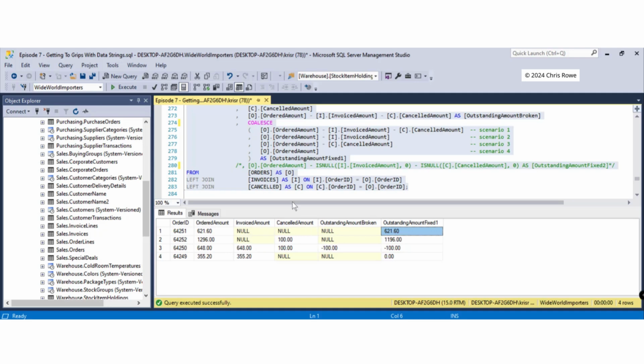So in this situation, for example, it's done this one, it returned a null. It's done this one, returns a null. This one returned a null. And lastly, as our default catch-all type scenario, we then put in the ordered amount, which you can see there. In this situation, obviously this is the ordered amount minus the cancelled amount. So when it reached this one here, it returned a value 1196, so that's what it gave in our result